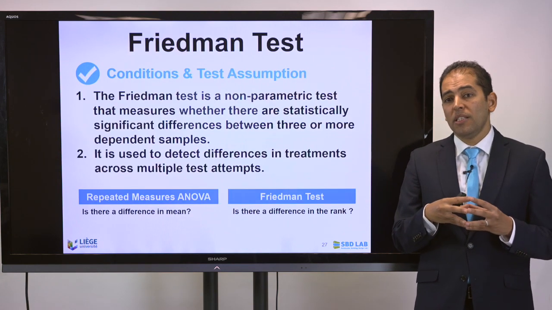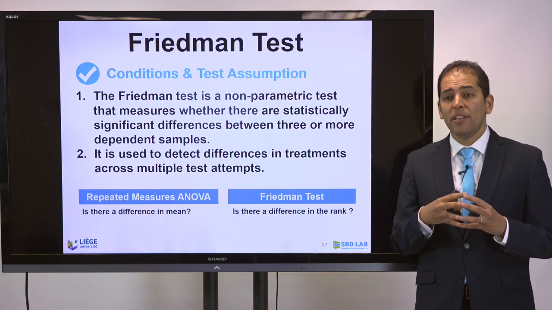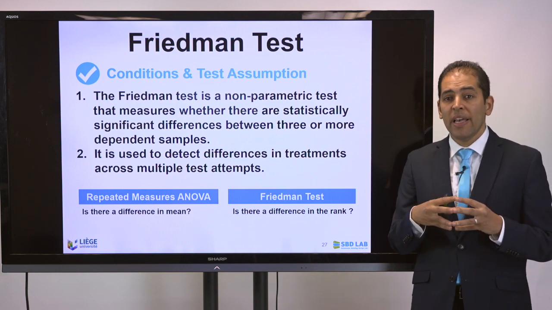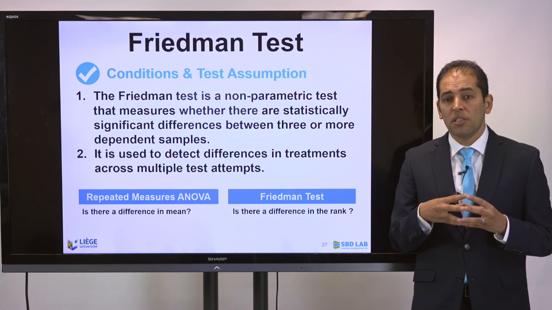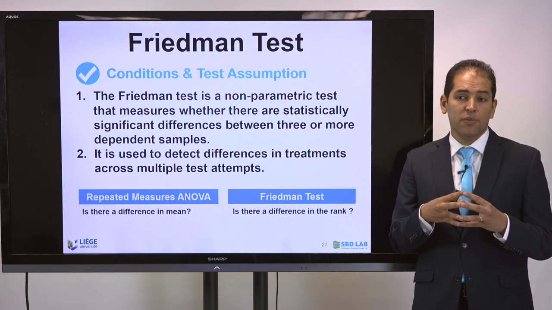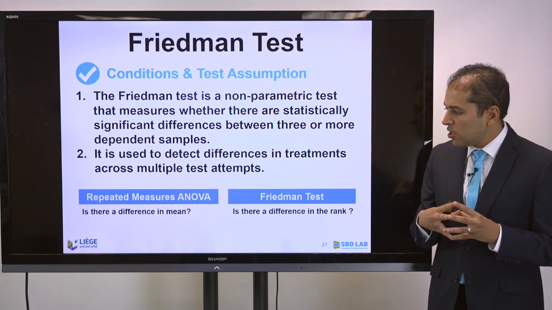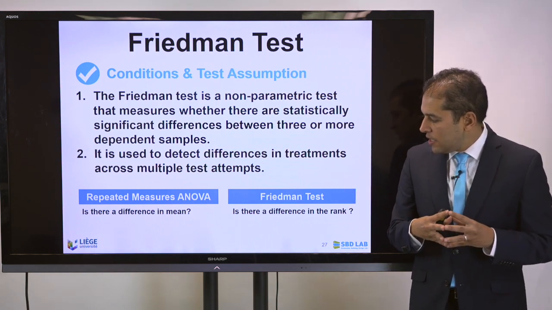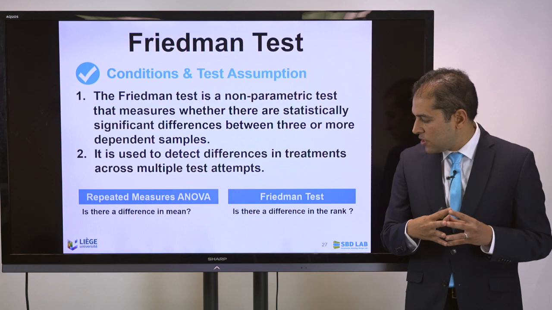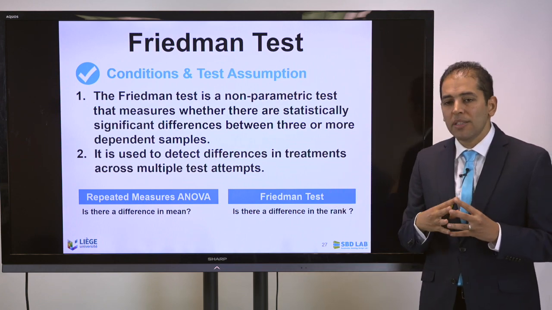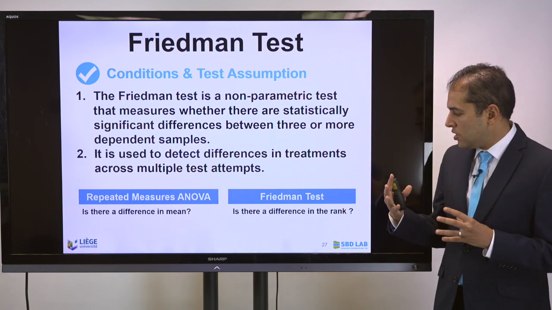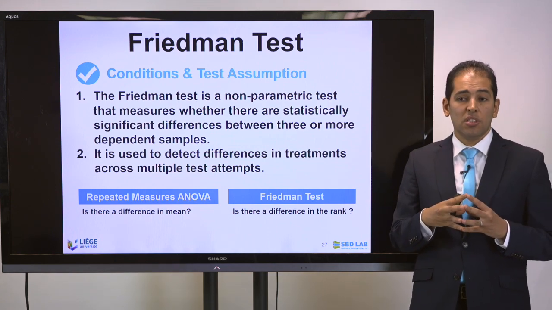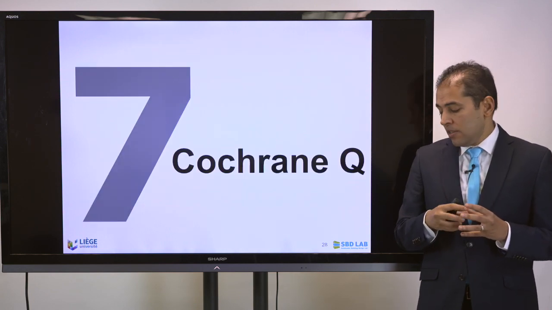The Friedman test is a non-parametric test that measures whether there are statistically significant differences between three or more dependent samples. It is used actually to detect differences in treatment across multiple test attempts. As you can see, the repeated measures ANOVA is trying to answer the following question: is there a difference in the mean or not? While in the Friedman test, we are trying to answer another type of question, which is: is there a difference in the rank? Based on that, we prefer and suggest using the Friedman test. This moves us to the